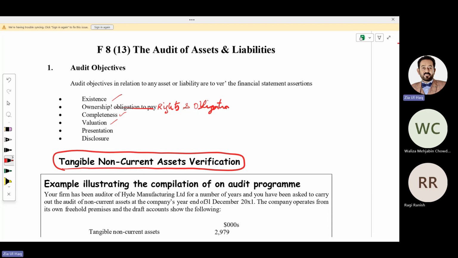No asset can be overvalued. If the company is not recording depreciation or not recording appropriate depreciation, how can we verify depreciation? We will recalculate depreciation using the rate and policy and compare with management's calculation, whether they are recording the same amount or not. We can compare with the competitors' financial statements. We can consult an expert whether this asset has this life or not.